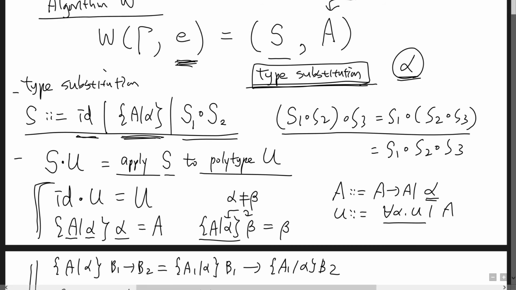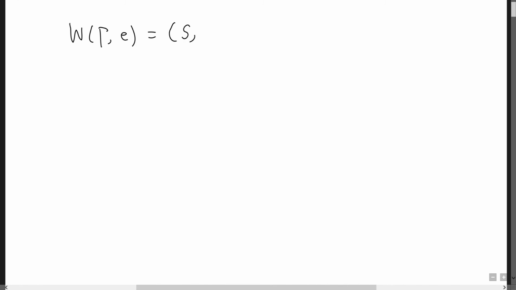Now, let's first state the soundness of this algorithm W before we develop the concrete algorithm, the details of the algorithm. So, what's the meaning of the result of this algorithm? So we'd like to state the soundness of this algorithm W. So suppose that we have this result. What that means is that